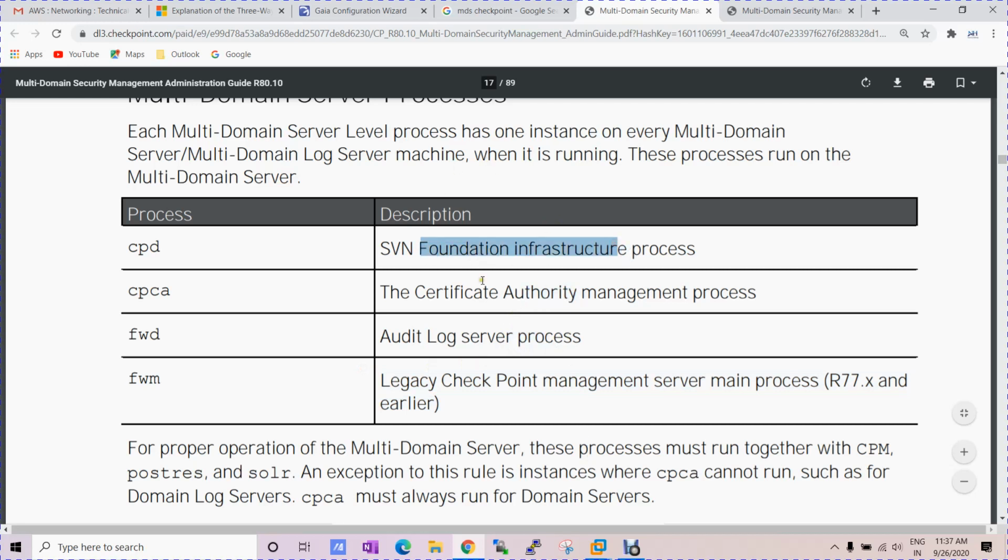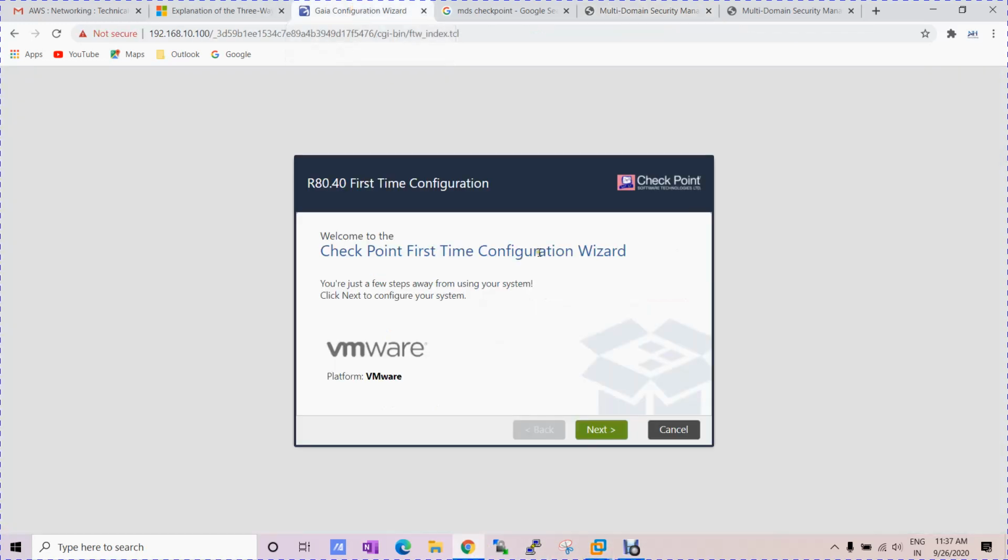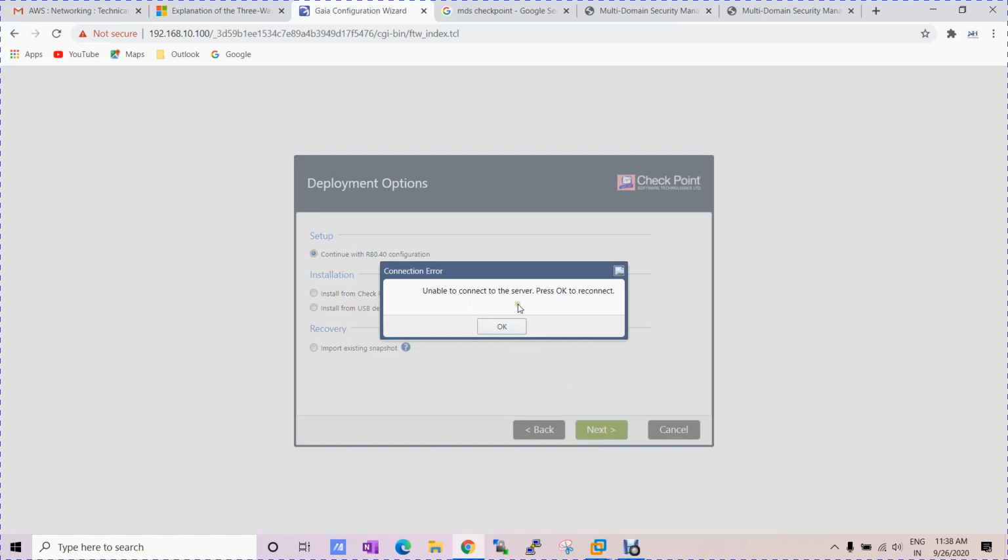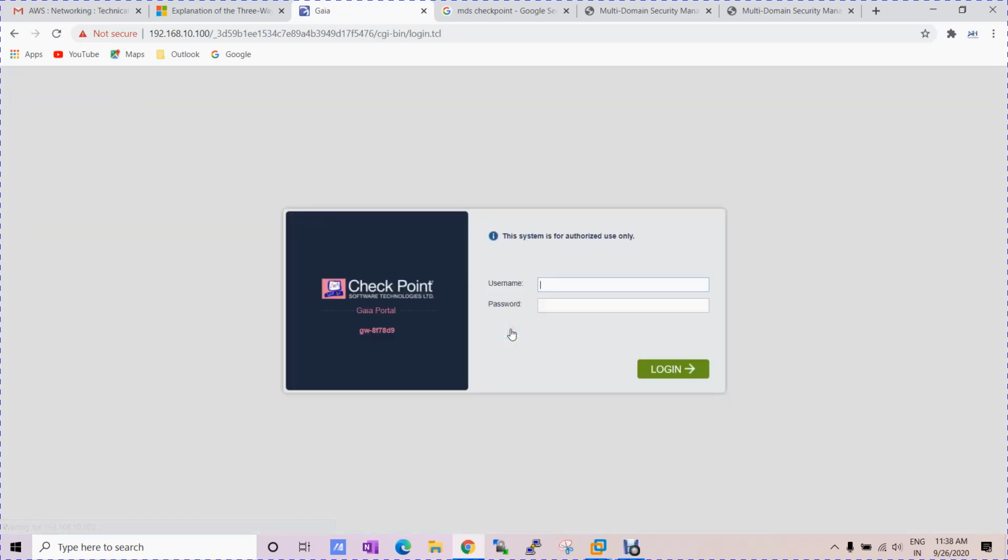So I have installed it, and we need to configure the first time wizard here. Let me open my web page. I am configuring it on the R80.40 version, and you can see all settings are similar, but there are some things we need to define here. Okay, so let me log in again.